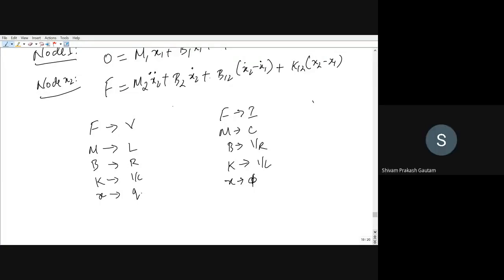Here you have the damper, and you have written only R. So it should be 1 by R. Just check it. For current, the damper will be 1 by R, and for voltage, it will be R. So for voltage, the damper will be R, and for current, the damper will be 1 by R, right? Yes. You can check it.